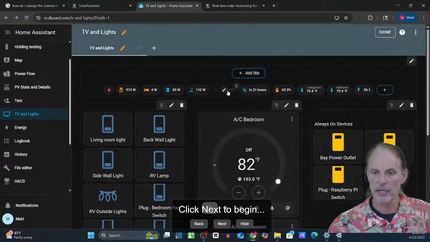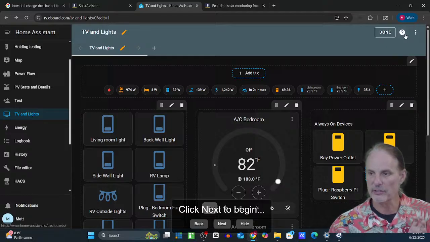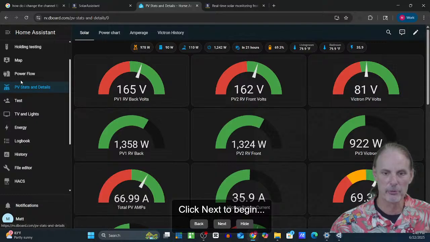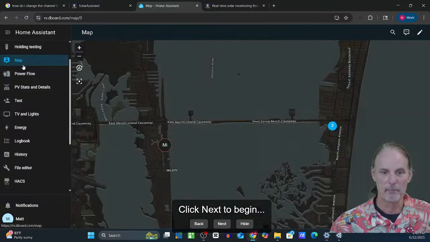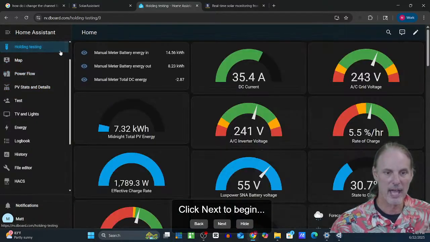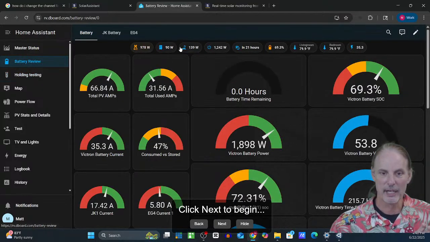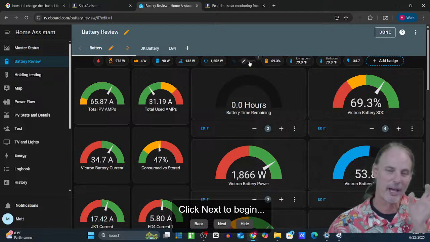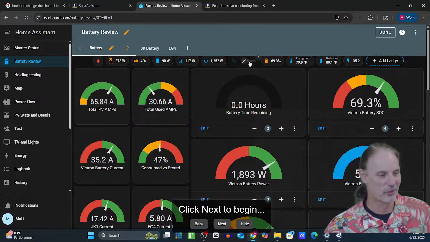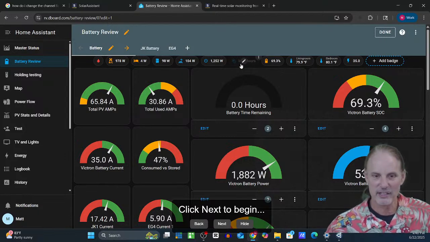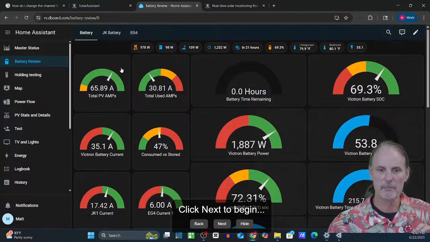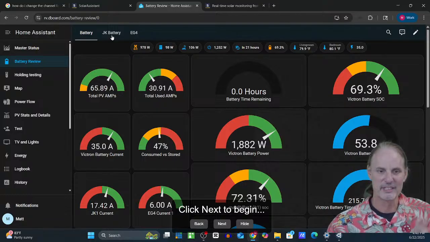The title bar up here, I can throw some of the shortcut things in. I like doing that. It's a little bit of a maintenance nightmare because I have to go back through all of my pages here and put that at the top of the page. So here I have to go in and configure each one of those. So I do a little cutting and pasting when I generate new pieces like that for Home Assistant. But it truly does provide me a level of detail that you can't get with